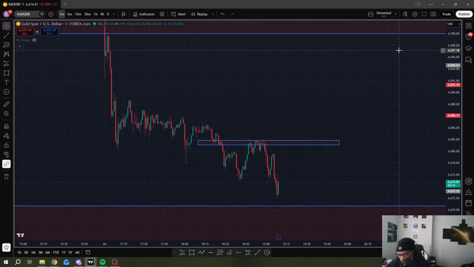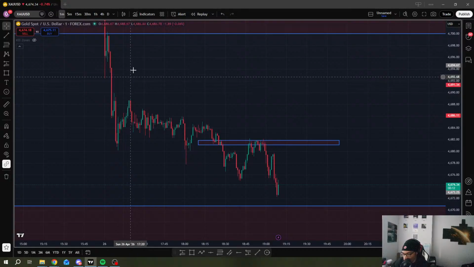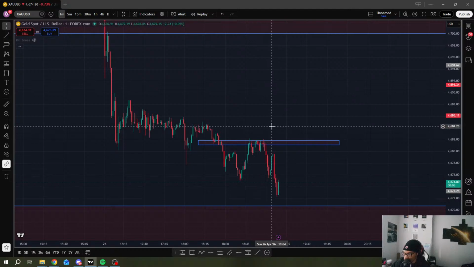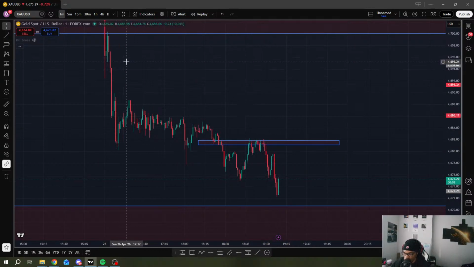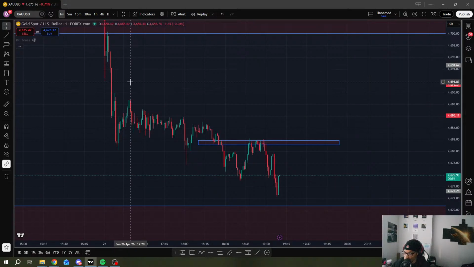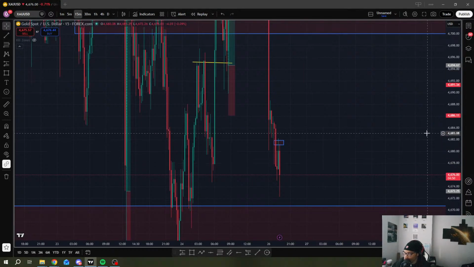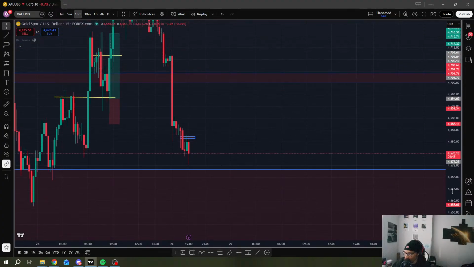We also opened up with a gap. Because we opened up with a gap, this is the gap here. We all know that these gaps do need to be filled sometimes. So when looking at price push back to the upside after a huge move in the opposite direction, we look for price to fill these gaps. From what we're looking at here, it doesn't look like a gap, but on my broker, this is 100% a gap. So we have to just be mindful with price.